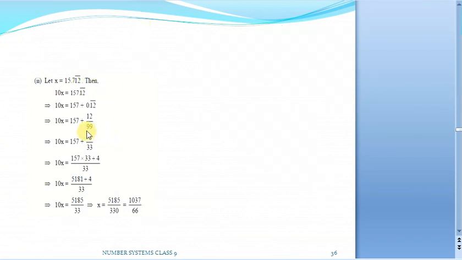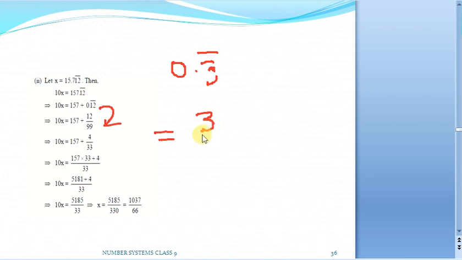Now I will tell you how to convert these particular things, that means 0.12 bar and these things, directly into this form. Let us take an example. If my number is, let us say, 0.3 bar, how to convert it directly? See here, just write the digit which is repeating after the decimal point. Which digit is repeating here? 3 only. How many digits are repeating here? 1 digit only. You write 9 here. So 3 ones are 3 and 3 3s are 9. What will be my answer here? It is 1 by 3.